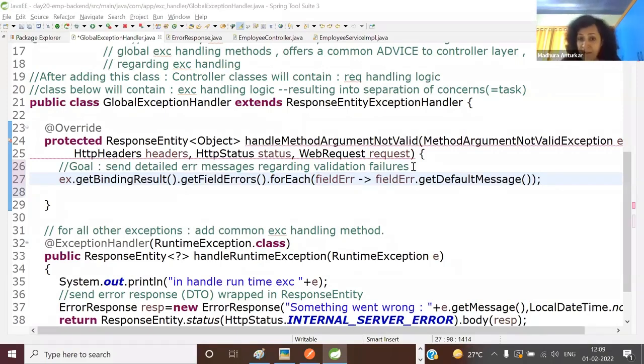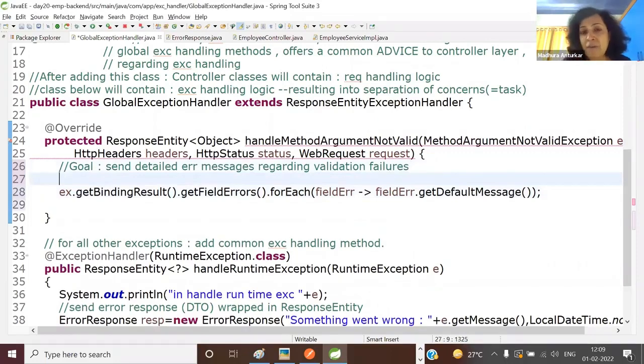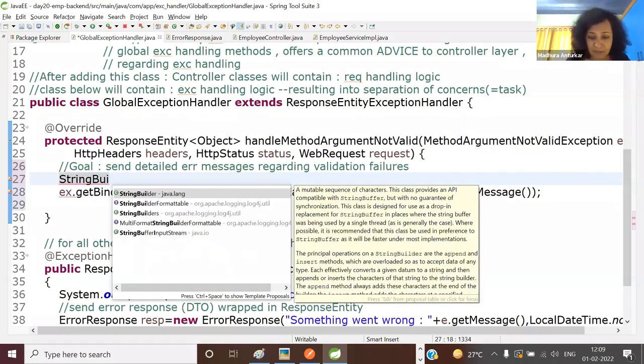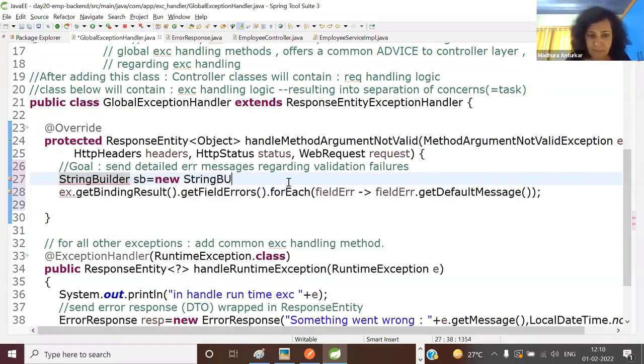But guys, the whole idea is to send this together to what? To the front end. So tell me, if I want to put it in a string, is string an immutable object or a mutable object? Good old core Java question. Immutable. Is there any mutable character sequence you have heard of? I want to make it growable. Of course, StringBuilder. Never use StringBuffer. So here, see this. It's never only about advanced Java, you know that. So I'm saying StringBuilder sb is equal to new StringBuilder. And let's start with the default